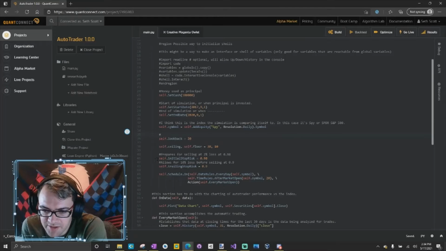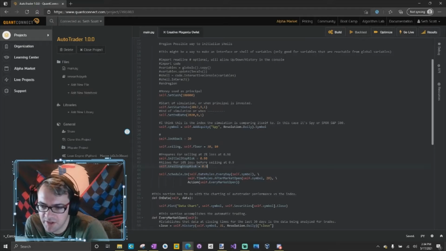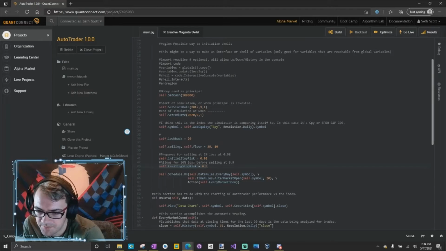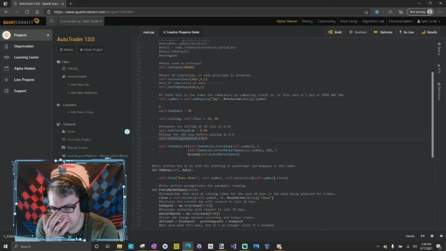I think this is like 2% in a day. It'll sell whatever it's getting out of S&P 500, and if it has a 10% loss in the 20-day range, it'll sell it too. That sounds like a bad strategy, but as long as